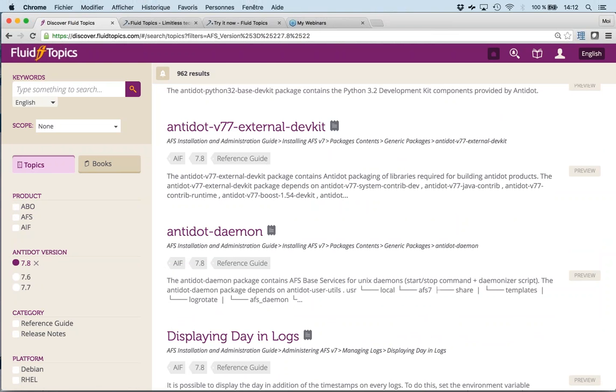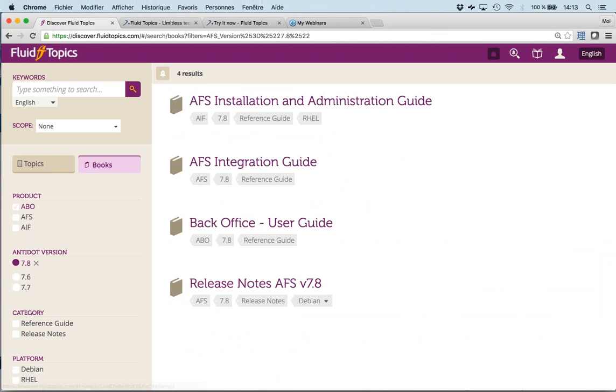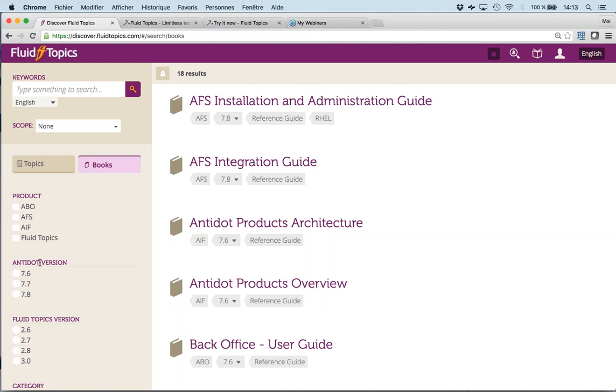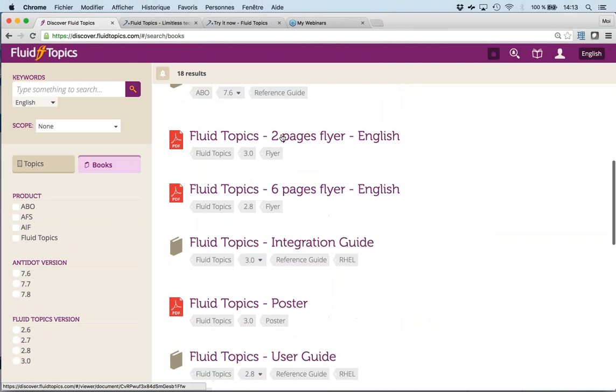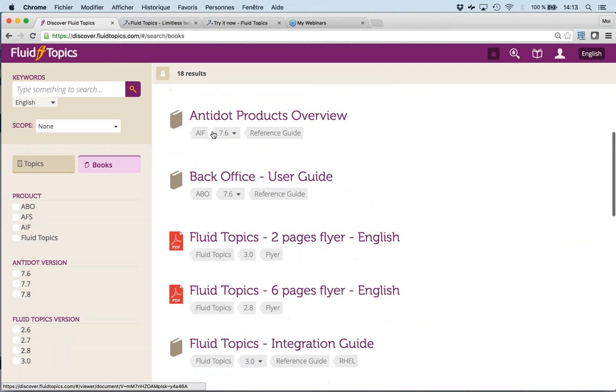You remember I also mentioned this new way of searching, either topics or books. So the book list is here. Remove that version. Okay, still books are either structured content authoring based books like this one, or maybe legacy content like PDFs.